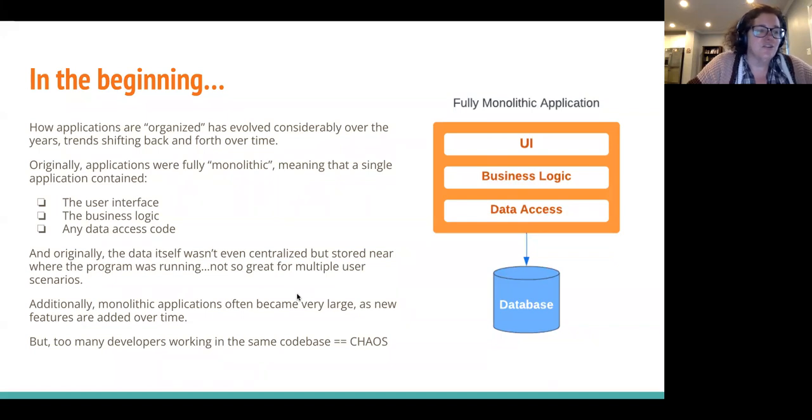Applications tended to get larger and larger and encompass more functionality over time. And as software teams grew, that meant there were more fingers in the same pie. As you've probably experienced, having too many developers in a single code base is a recipe for a coordination nightmare. It's too easy to break something somebody else is working on or have them break what you're working on. Scheduling your deployments, you have to schedule them really far in advance, make sure everybody's work is ready to go. So you ended up with a very waterfall-ish kind of situation.